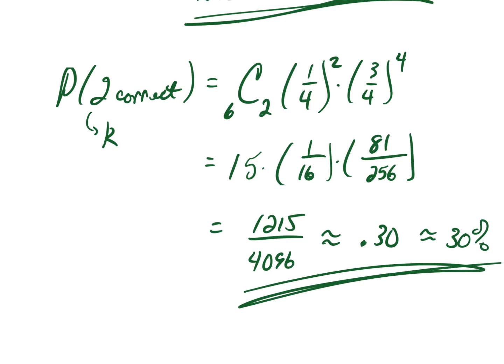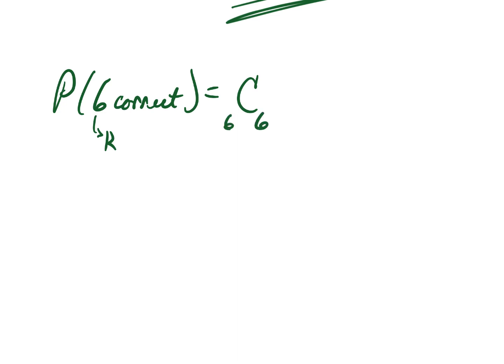And let's just flip it on the other side. Let's get a bunch. In fact, how about if we get them all correct? What would be the probability of getting all 6 correct? Okay. Well, again, this then represents the number of successes, k. So our formula says that this is going to be